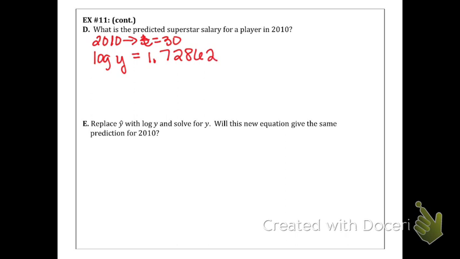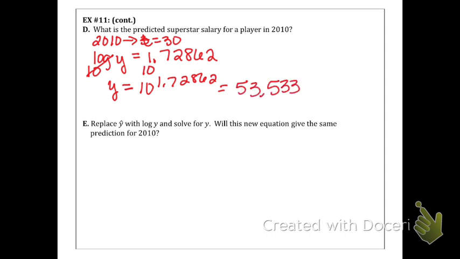Now, earlier when I did this, I changed it to b to the y equals x. I can do that again, or I can use exponentializing both sides of the equation. So this time, it's a log, which has a base of 10, and so I'm going to take both sides and make them the exponent on the base of 10. So 10 raised to the log of y gives me y equals, and then I just have 10 to the 1.72862, which is approximately $53.533